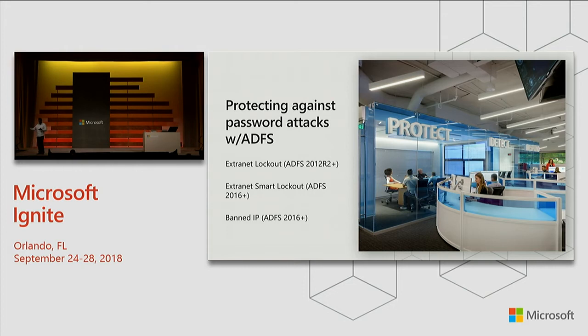But immediately what we saw is that based on the attack patterns, the attacker was going after execs and certain unique accounts with different types of passwords. And at that point in time, the lockout would get triggered, which means someone who's really trying to get access to their email, the right person, couldn't get in. And this is why we introduced as a backport or a QFE in 2016 the next one, which is our extranet smart lockout, which Anand demoed earlier today.